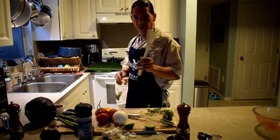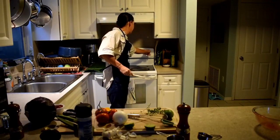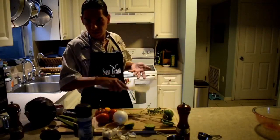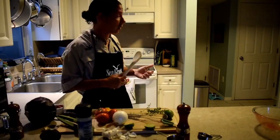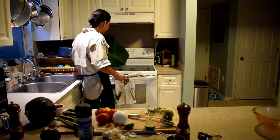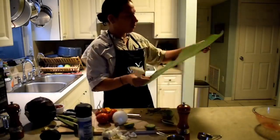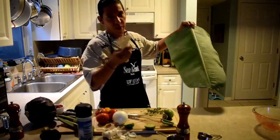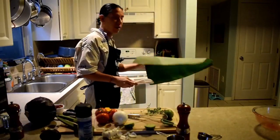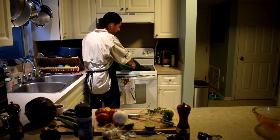So I'm going to use a wooden spoon. I'm going to put the stove on high. I guess you can do it over fire or over the grill, but since I have an electric stove, I cleaned the leaves already with a wet paper towel and made sure they were clean. This is from my tree outside, so there's nothing in it, and it's going to cook anyway. So what you want to do is hold your banana leaf,